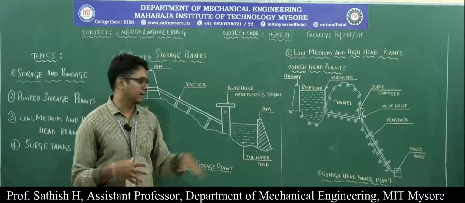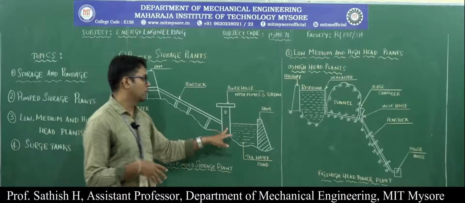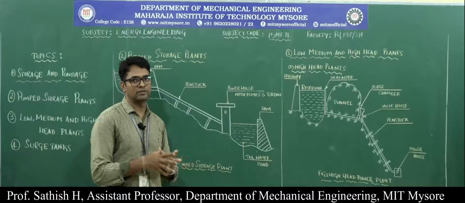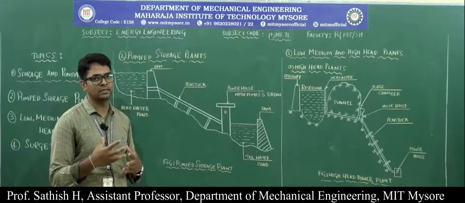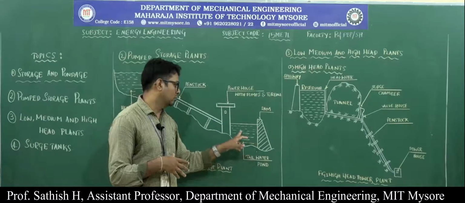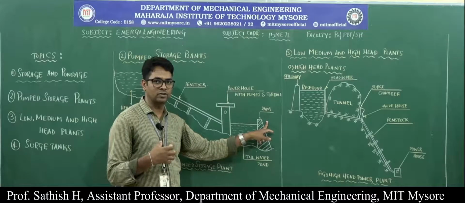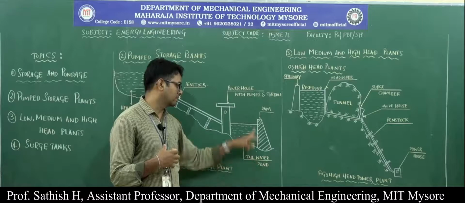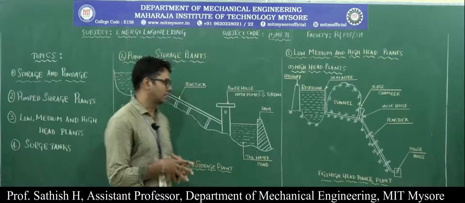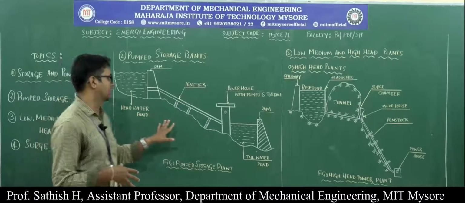The pump is there to pump back the water. After the water works on the turbine, after the energy of the water is transferred to the turbine and converted into mechanical energy, the water coming out of the turbine is stored in the tail water pond. Again a dam is constructed at the bottom here, the tail water pond, where the water is stored after it has worked on the turbine. So this is the construction and the various components of a pumped storage plant.